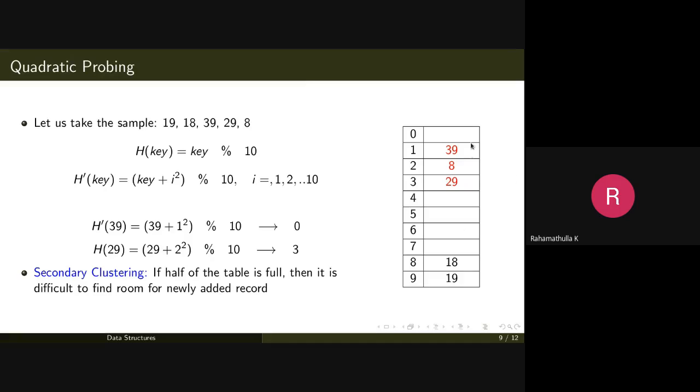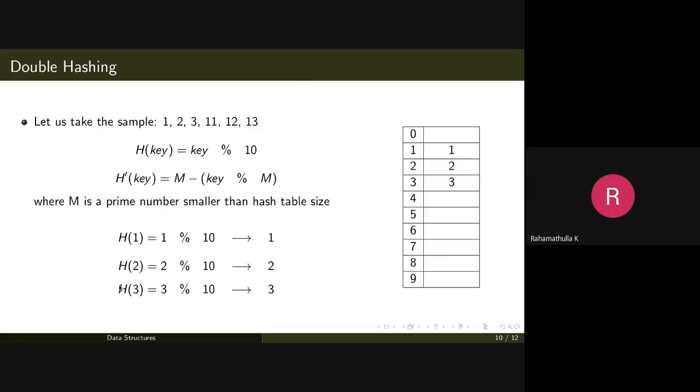So if half of the table is full, then once we use this key plus i square method, you will always end up in a position that is already occupied. That sort of problem is called secondary clustering. In order to overcome the problems associated with primary clustering and secondary clustering, we can use another method known